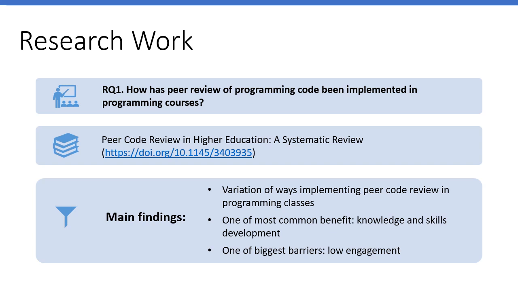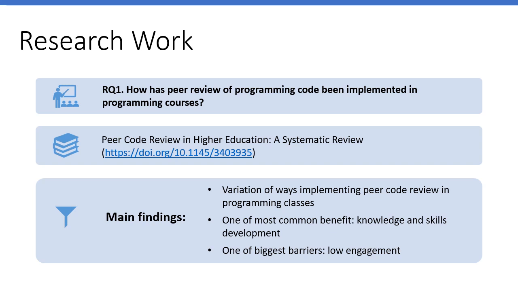To answer the first research question, we conducted a systematic literature review of peer code review, and it has been published. We looked at why it has been practiced in classes, how it has been implemented, and what the benefits and the barriers are. The main findings of this review include the identification and the classification of